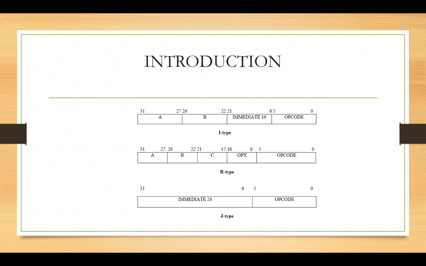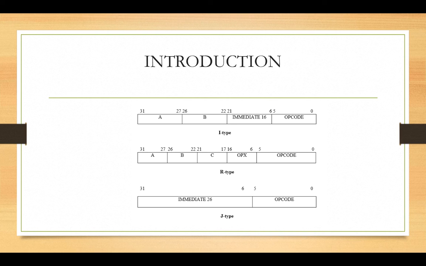So R type is a bit similar to the I type. The main variations from I type are that B acts as the target register and C here is the destination. You can see an extra block here that is written as OPX. Sometimes there will be the same opcode for two different instructions. So at that time OPX will be used to differentiate the two instructions,